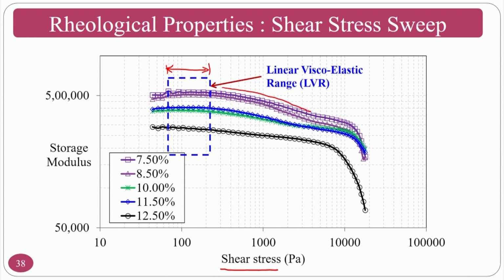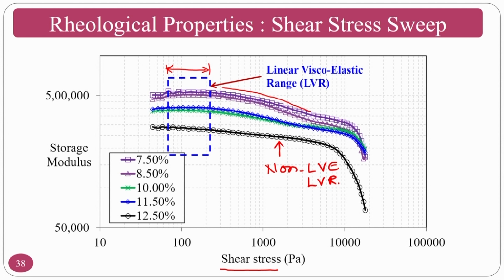That means this is the LVE region, called the linear viscoelastic region. What do you mean by linear viscoelastic region? Even though you are changing the stress, the polymer chains are at the original state. Beyond this is the non-linear region. LVE region or LVR region, whatever you can say. So, the polymer chains are intact at original strength in the linear viscoelastic region, beyond which they will start breaking and go into the non-linear viscoelastic region.